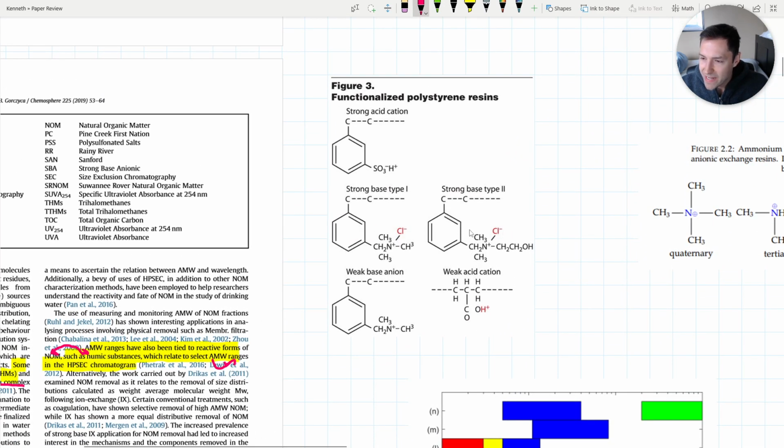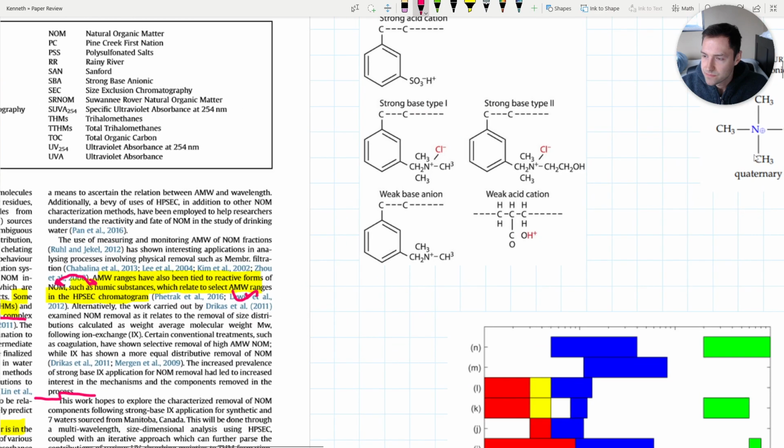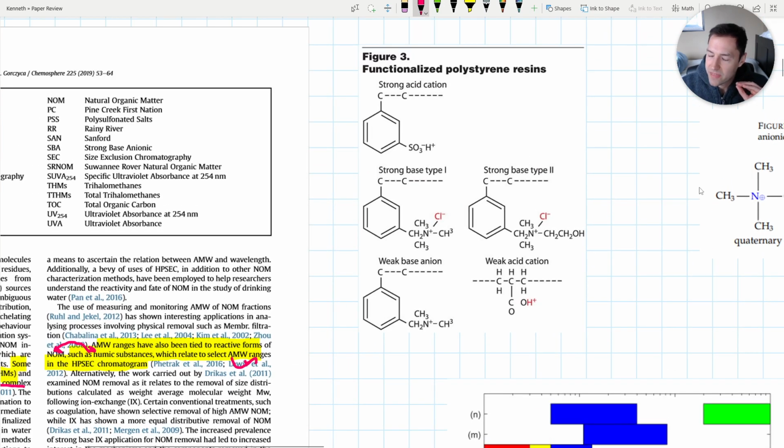These polystyrene resins have an aromatic backbone, and depending on whether it's a type 1 or type 2, you have this substitution here. This matters because we want to treat water through ion exchange. So we want to exchange this Cl minus with an